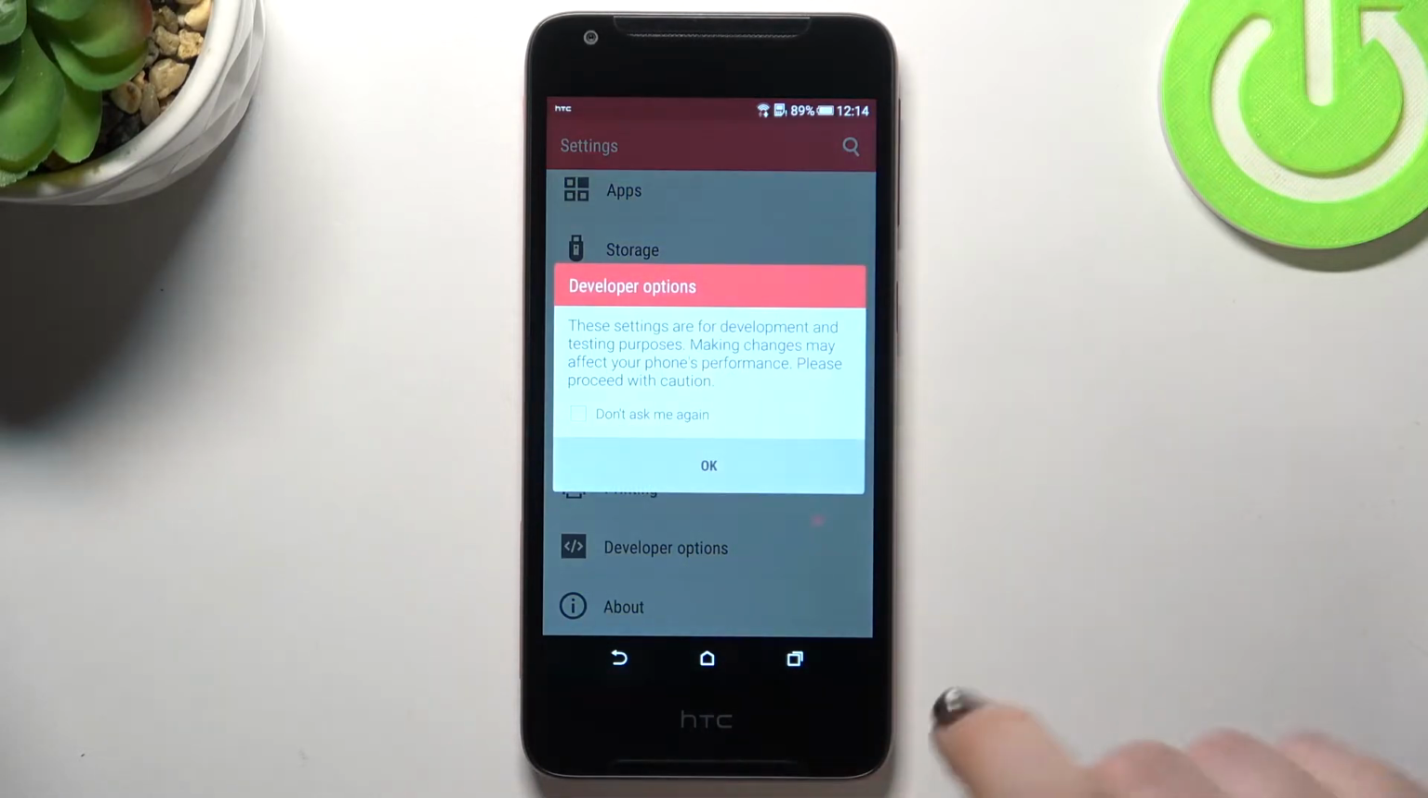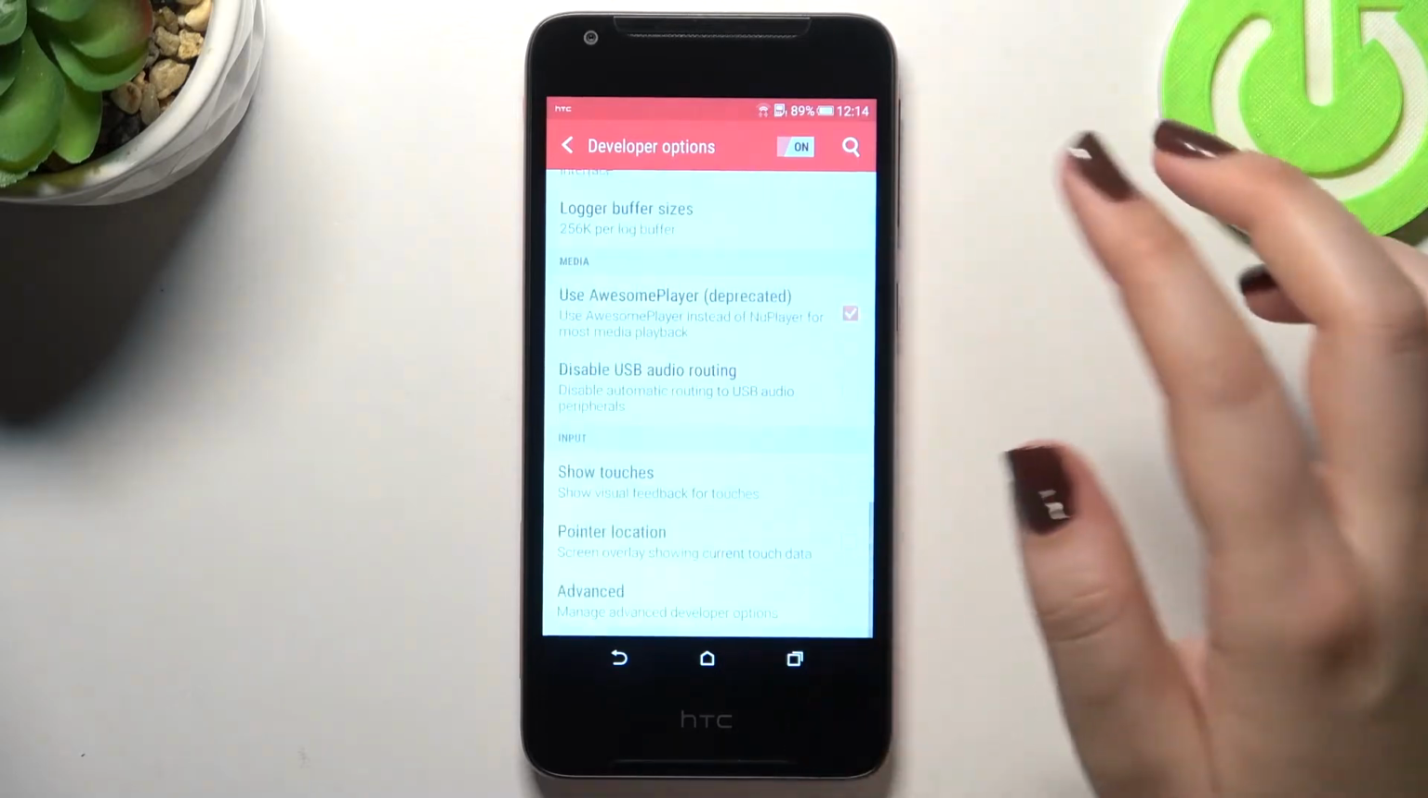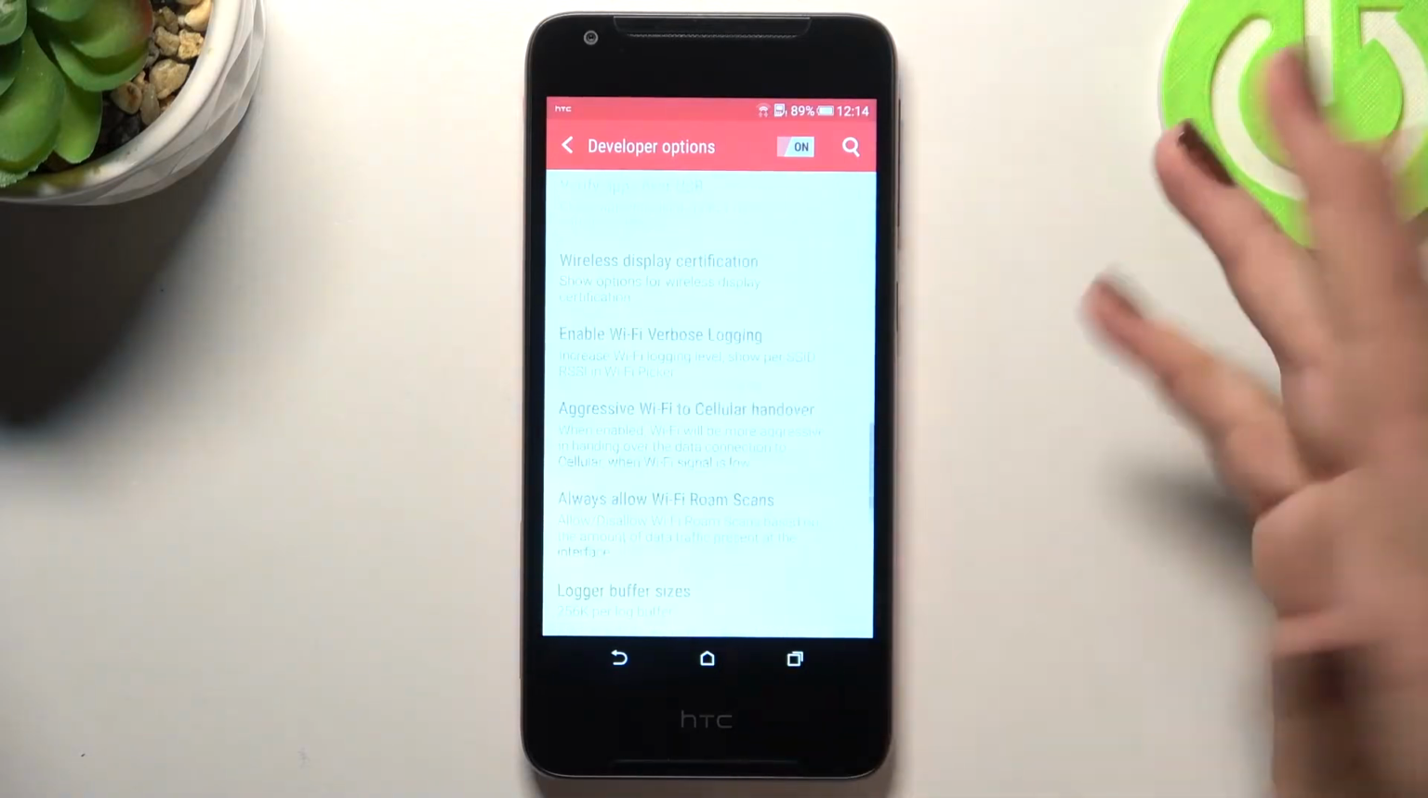So simply enter it. Here you will have the information that the developer options are actually advanced options, so they are not usually active in the normal mode. So be careful with customizing them, because sometimes you may harm your device and it will be irreversible. So let's tap on OK, and as you can see right here, we've got some developer options, some advanced options